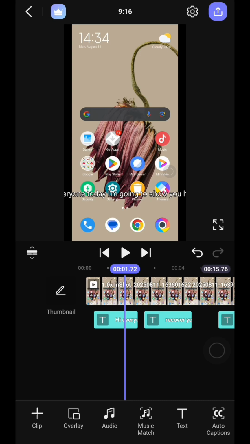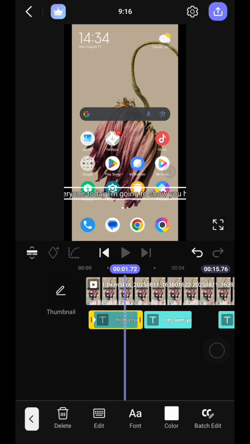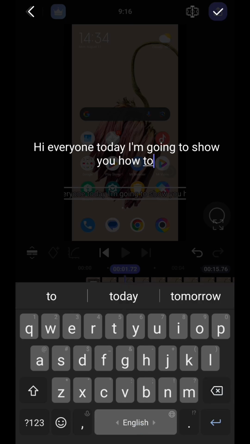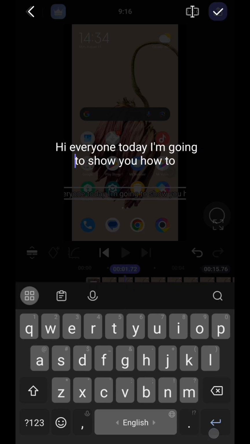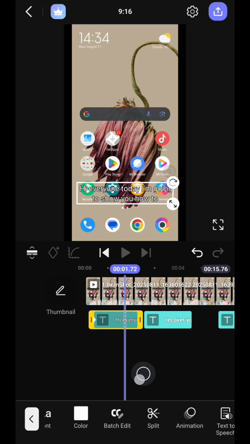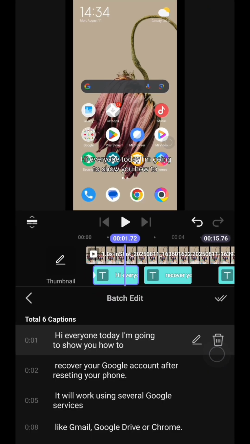And see, your video has perfectly synced captions, but you can still tidy up and edit your captions if needed. Just tap on edit and then just edit your captions if it has a mistake. Like this. And then you can also adjust the timing by tapping batch edit and then just